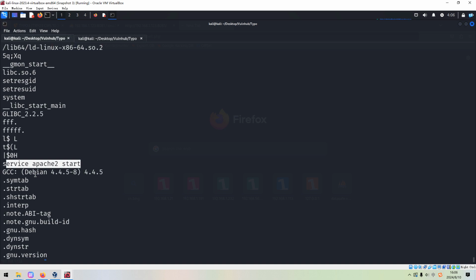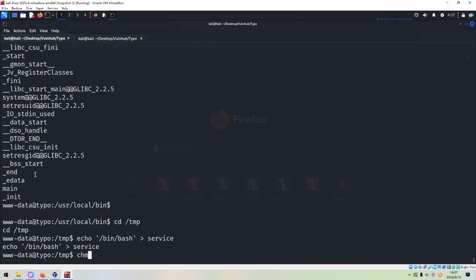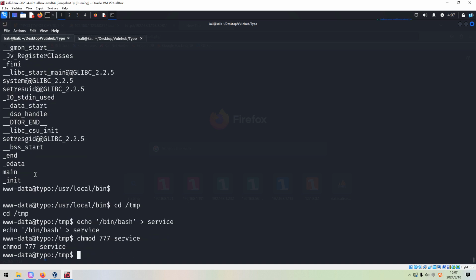Okay, let me show you. We can go to the temp directory because here we can do almost everything. We can echo bash into service, and we need to make service executable. And besides that, we also need to change the PATH variable to include temp.